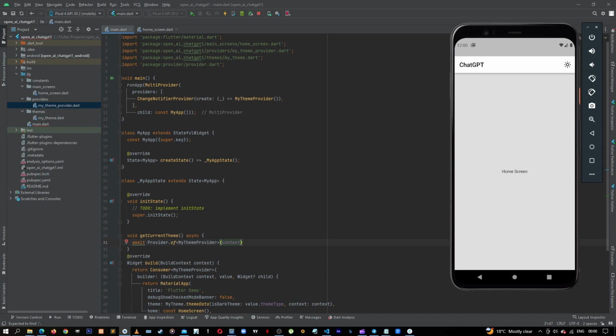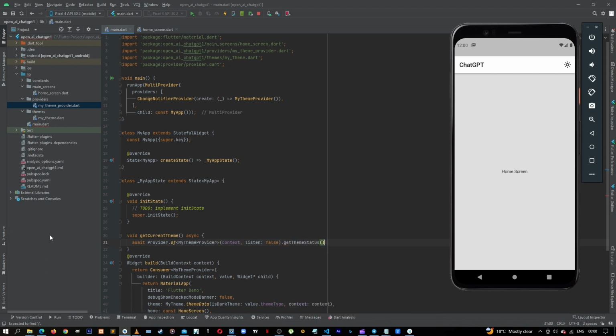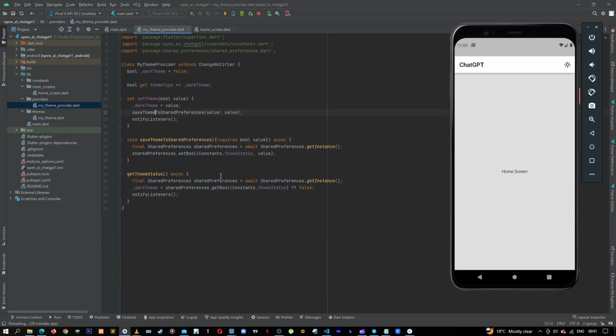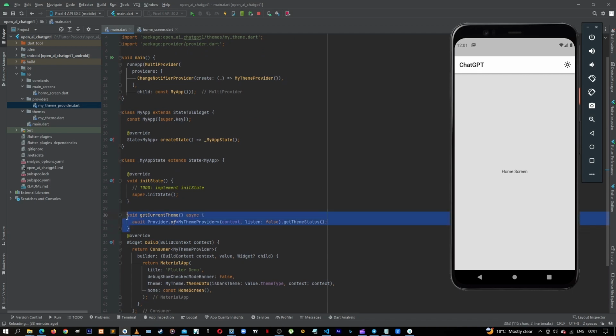We're just listening once, so we need to say listen false dot we have our method which is called get theme status. Yes, this one. So this method is coming from my theme provider, which is this. We are simply getting what we have saved in shared preferences. And then let's come back to our main screen. We don't need this, we can close it. So this method that we have done, we just need to call it here in our init state, get current theme,